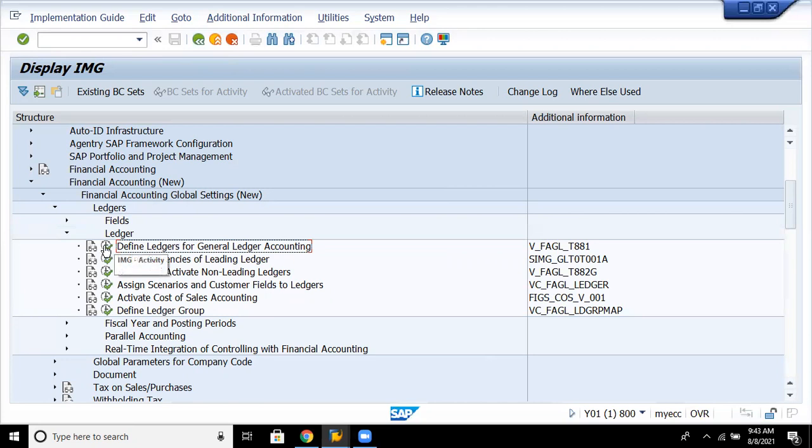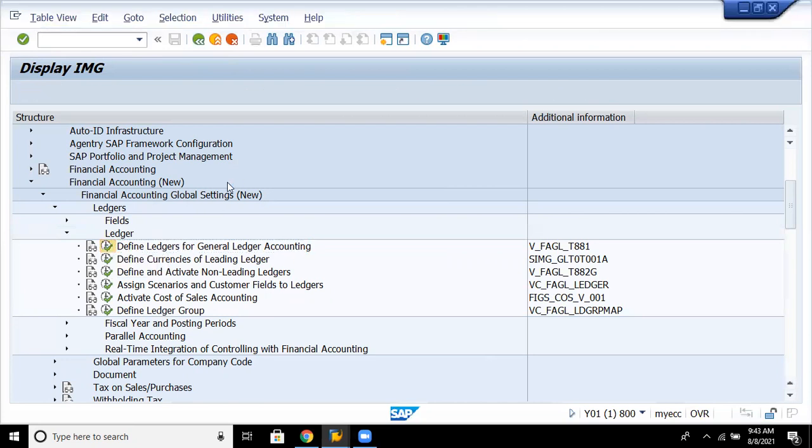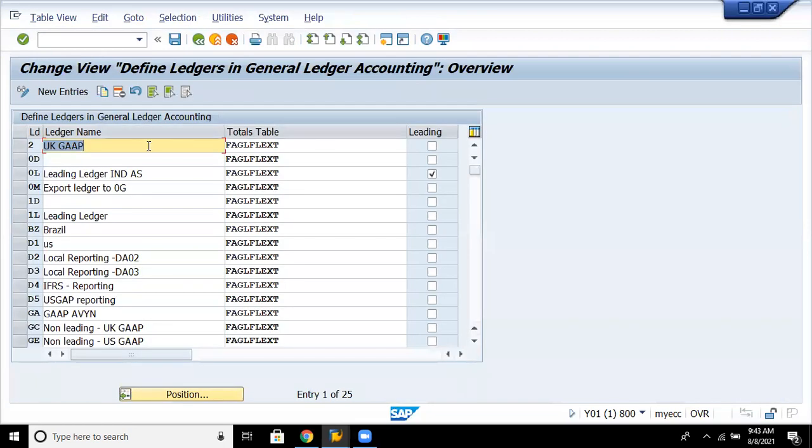Click on the IMG activity. Here, we already know from ECC that we learned about the leading ledgers. Here we will be talking about the non-leading ledgers as well as the extension ledgers. So 0L is always your leading ledger, which follows your Indian accounting standards. And we can still define the non-leading ledgers in order to maintain the segment reporting for different countries' reporting purposes